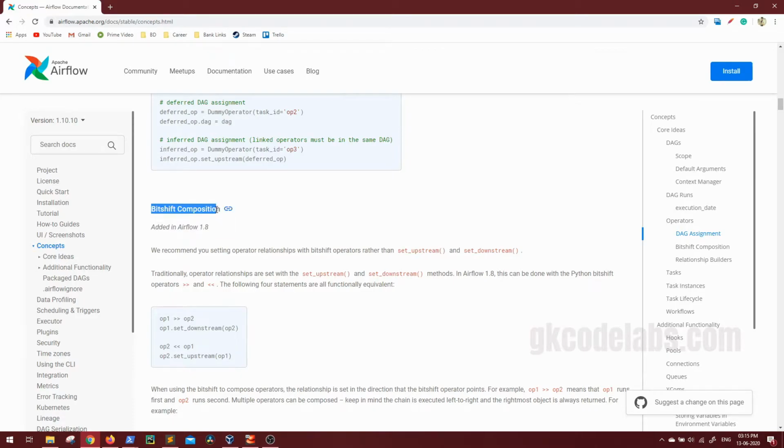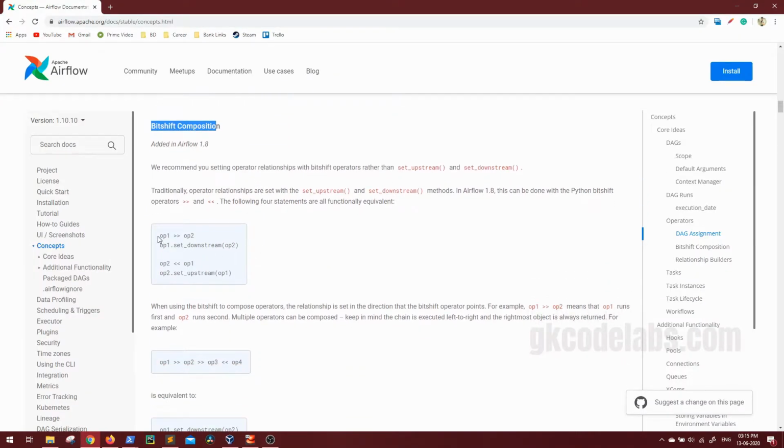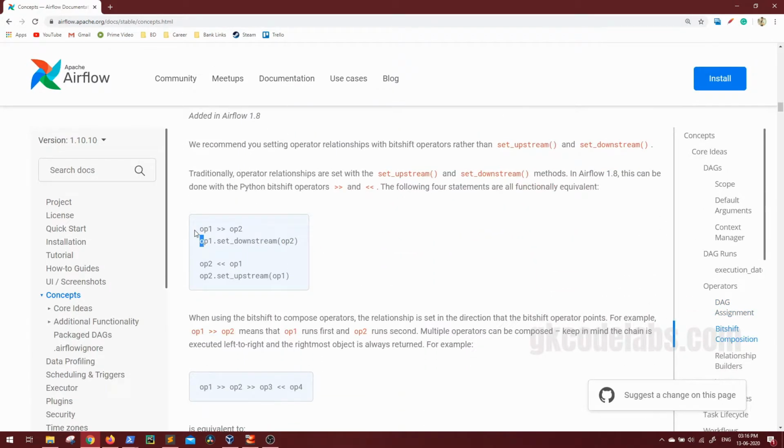So this is actually how you are going to maintain the dependencies while running the tasks. You can do this by the bit shift operators or using the function set downstream. So these are the same. First, this means first operation OP1 will take place, followed by operation OP2. The same can be done by using this function set downstream. So OP1's downstream will be OP2, or OP2's upstream will be OP1. So this is how you can maintain the dependencies.